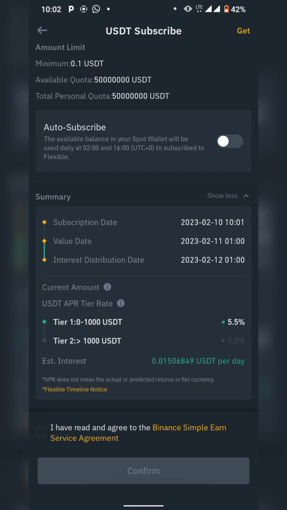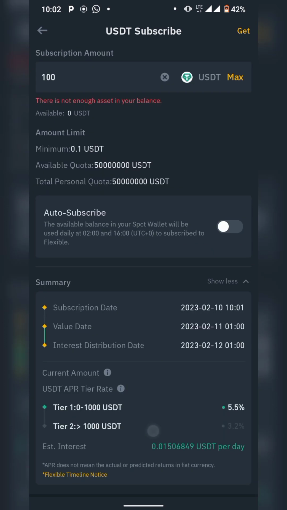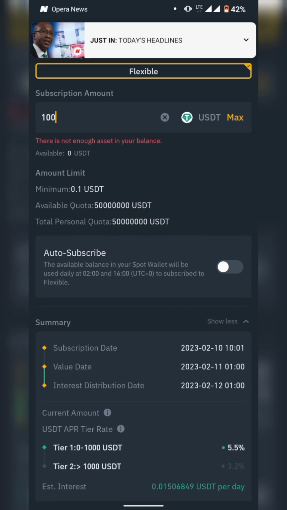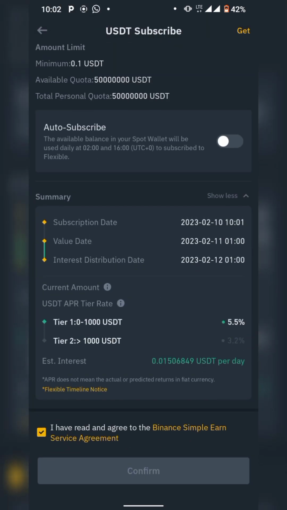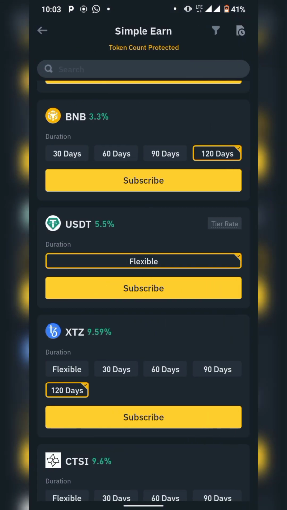Then you click on I have read and agree to the Binance terms, and if you have the amount of money to subscribe, you put it here. Then you click on this one. This is for auto subscription, you can do auto subscription. And if you still want your money back immediately, you can get it back, because after you've confirmed it, if you want to redeem, you can still go back to